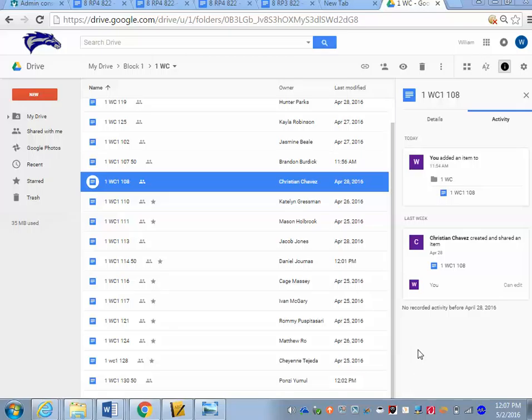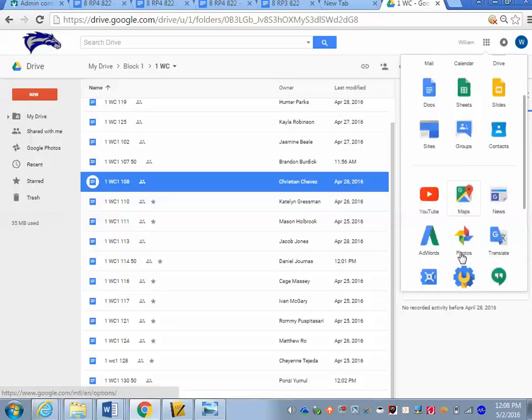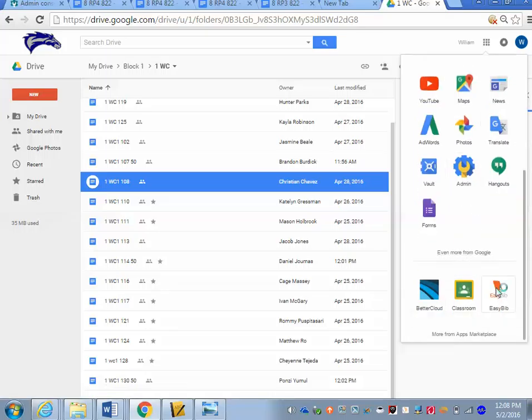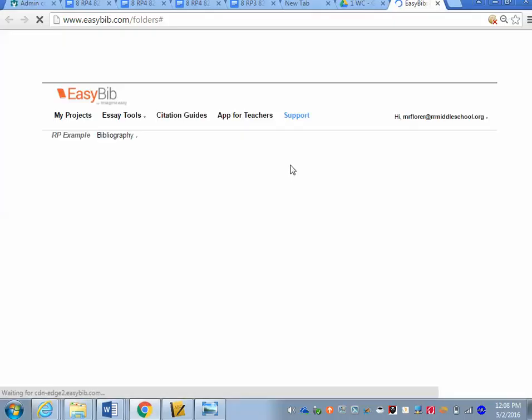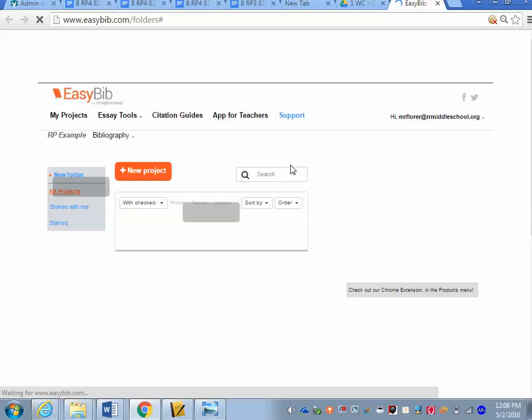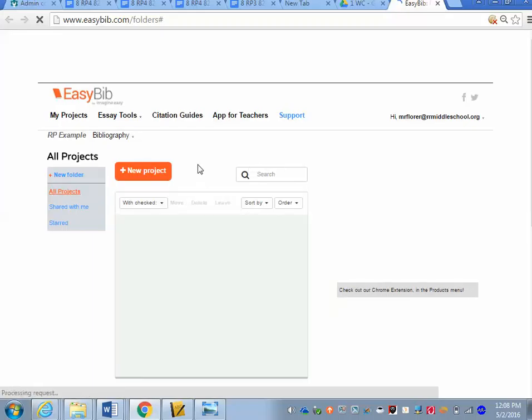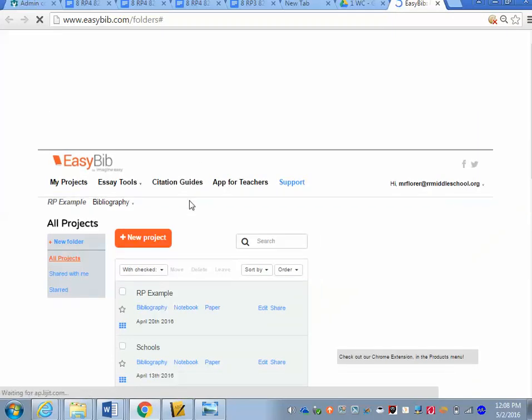First thing you want to do after you have finished your RP2, which means you have all of your sources in RP2 and in EasyBib, is simply to go up here, click on More, and go to EasyBib. Now when you go to EasyBib, you should have put all of your sources into EasyBib following the instructions that I gave you. And so if you click on